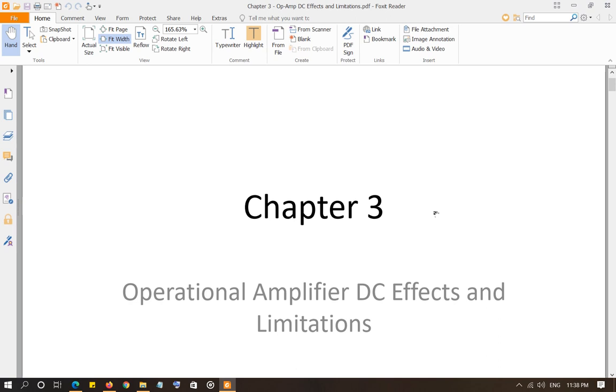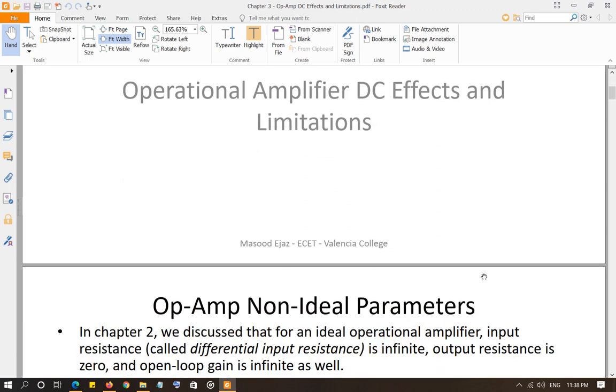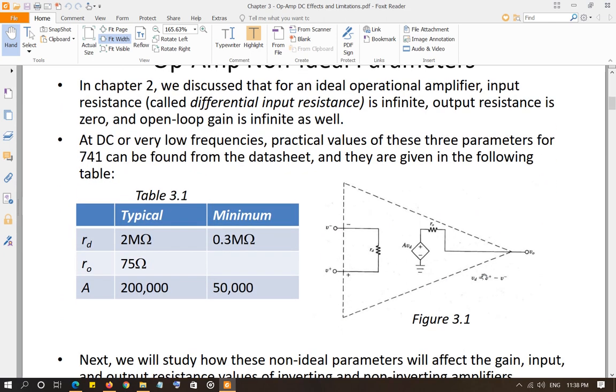In this chapter, as you will see, we will discuss the non-ideal case at DC or low frequency, but since they will be very close to each other, it's perfectly justified to use the ideal situation for DC and lower frequencies. So, non-ideal parameters: again, in chapter number 2 we discussed 3 parameters of operational amplifiers: the input resistance,